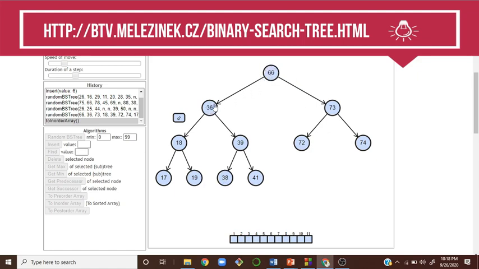I am coming to 36. Again, it has a subtree, and again I am coming to the leftmost. I have 18. Again, I come to the leftmost. I have 17. So 17 is the leftmost one. That will be entered in the array first. You can check here. Click the play button. It checks 17, and 17 is the leftmost one. That will be entered in the array slot. In the array slot, 17 is entered.